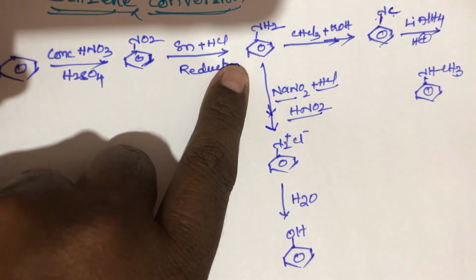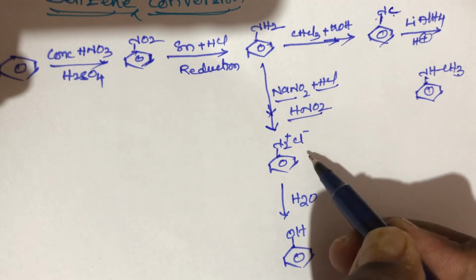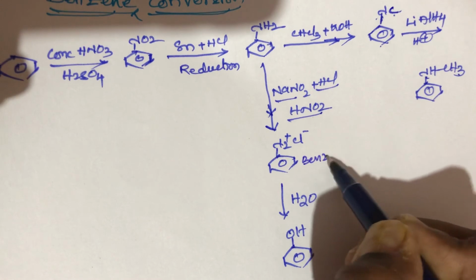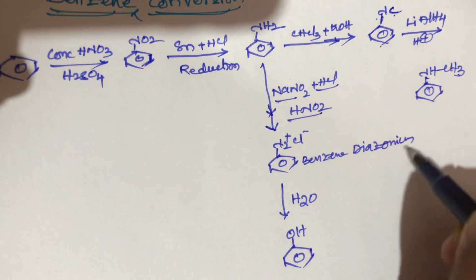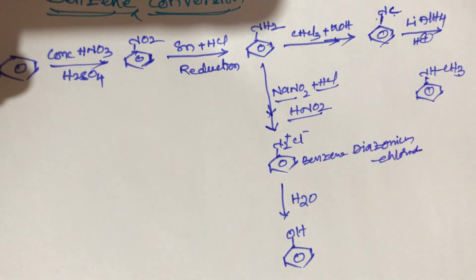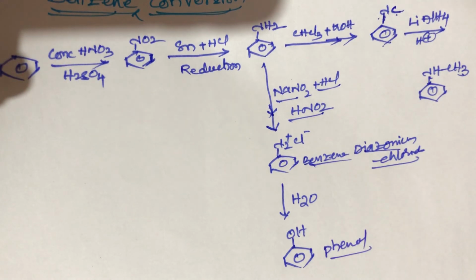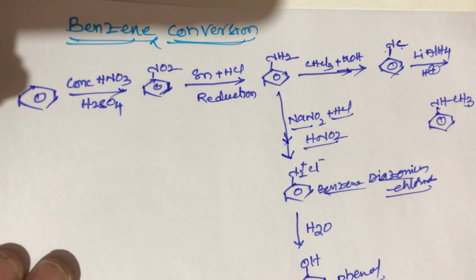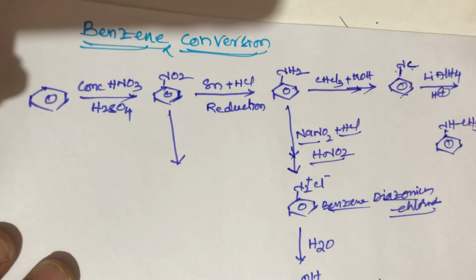NH2, that is aniline. When aminobenzene reacts with NaNO2 plus HCl in the presence of nitrous acid, we get the product benzene diazonium chloride. The product name is benzene diazonium chloride. This benzene diazonium chloride again reacts with water, and we get phenol. This is phenol, students. This is a simple trick, students. And one more step also there, this NO2 group, nitrobenzene, again reacts,